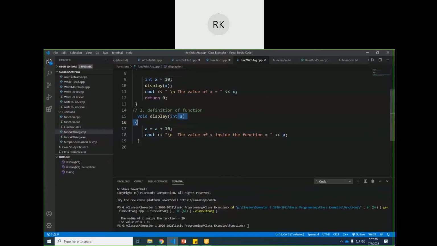Let's suppose display, and it needs a character, and that one is, let's suppose, C, and semicolon. A function whose name is display, it accepts one character and it returns one character. Now you see this function, when you want to define its actual coding, just copy the header and remove the semicolon and provide the body